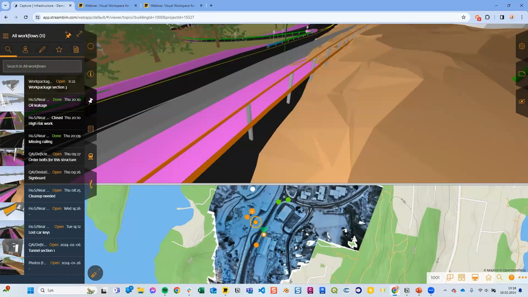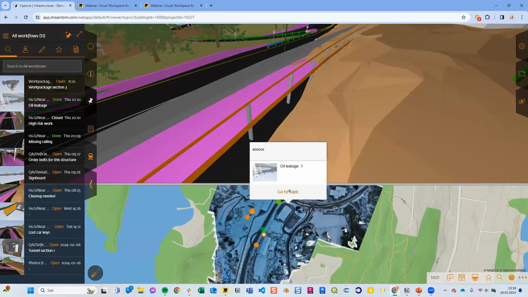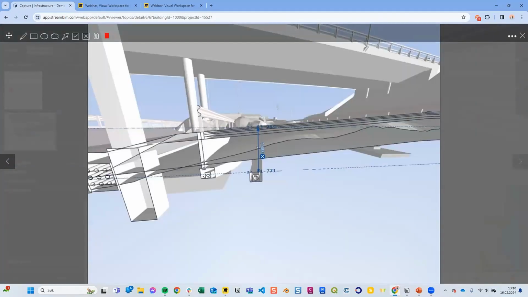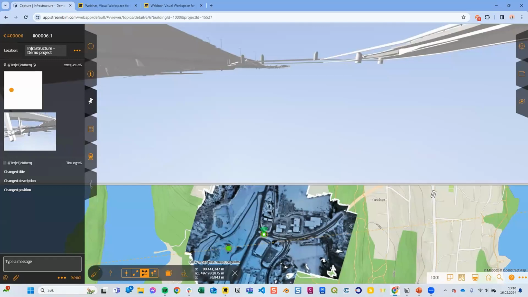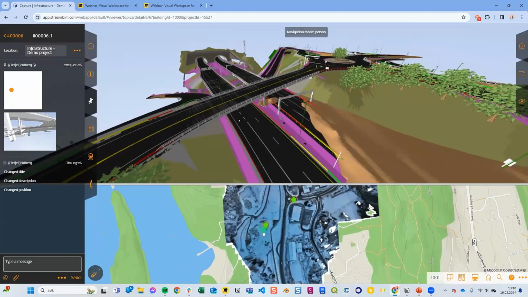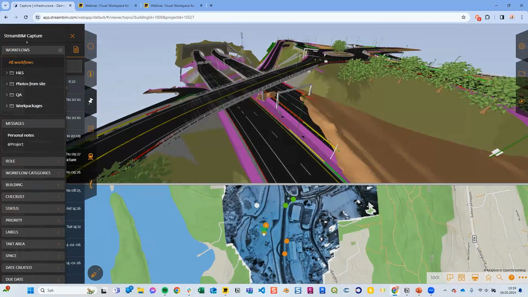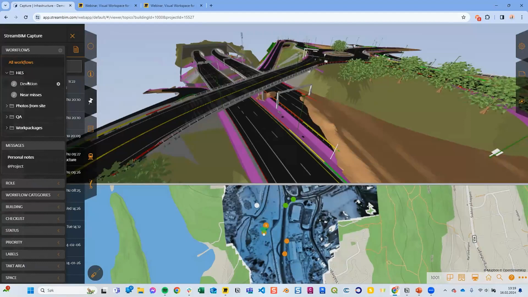Yeah, I can just jump around to the different ones here. So here is some measurement gathered as well in this case. So that's how the capture function is set up. Here I can show you the different workflows I've set up. So I've set it up to be health and safety. You have deviation here and near misses, so you can track those as you want to. Just use this one when it's a near miss issue.